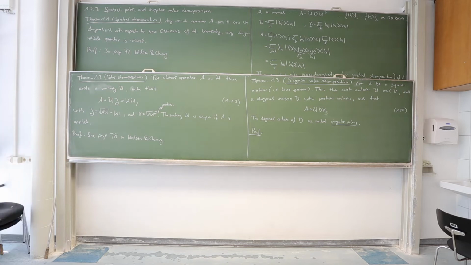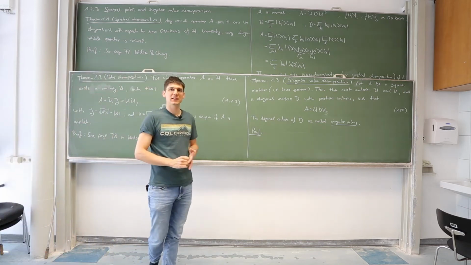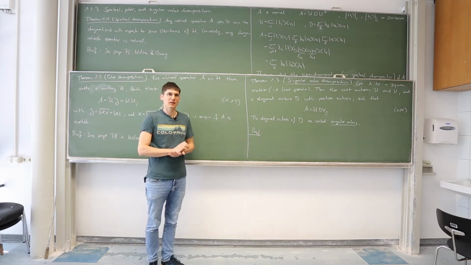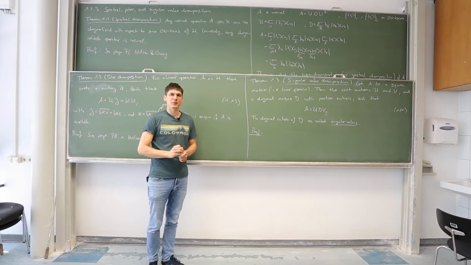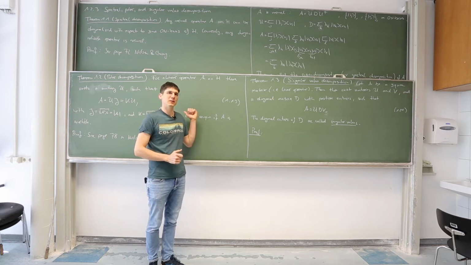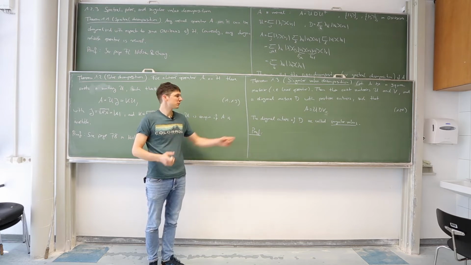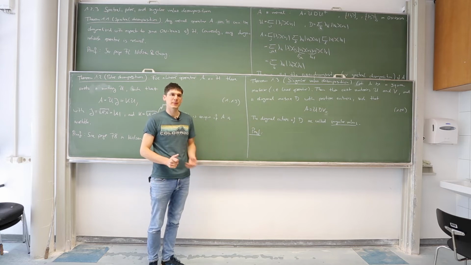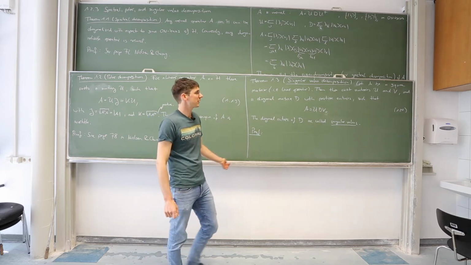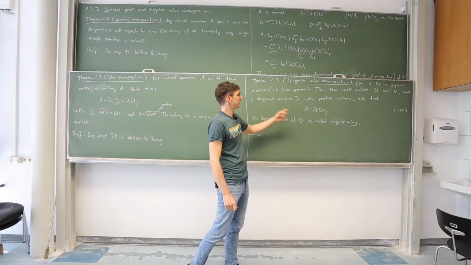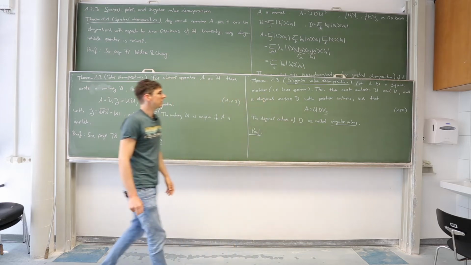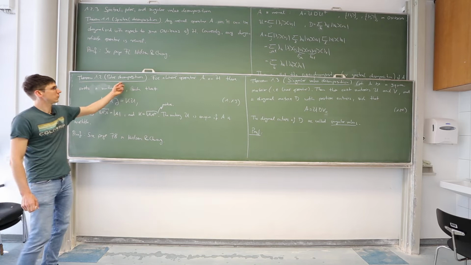So the proof is not so complicated, so we're going to do it. The reason that it's not so complicated is because we already know the polar decomposition and the spectral decomposition. And we're going to use these two theorems now to prove the singular value decomposition. So first thing is what we note, that for A we can use the polar decomposition, because the polar decomposition